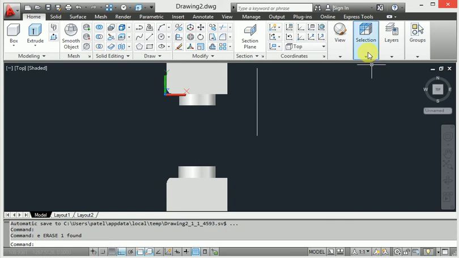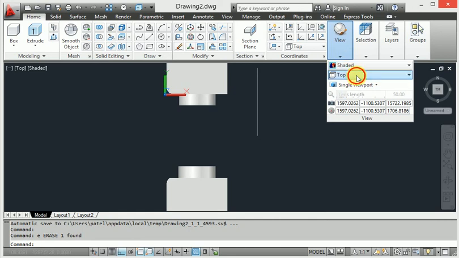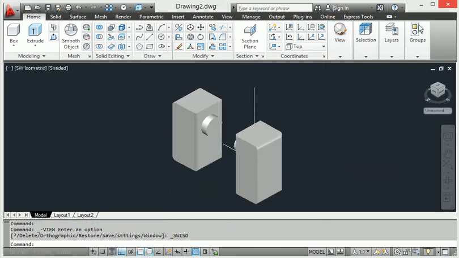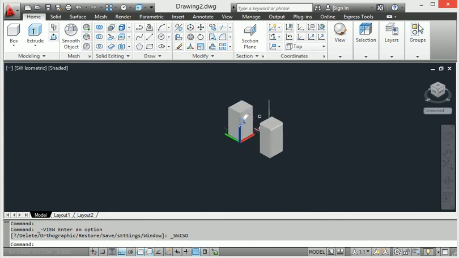So again I will show you the 3D isometric view, and I'm going to mirror now.